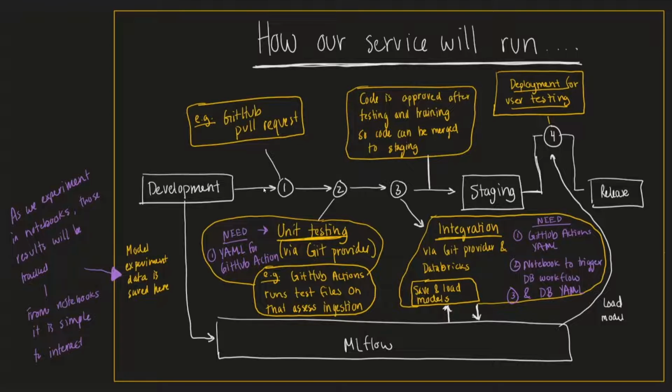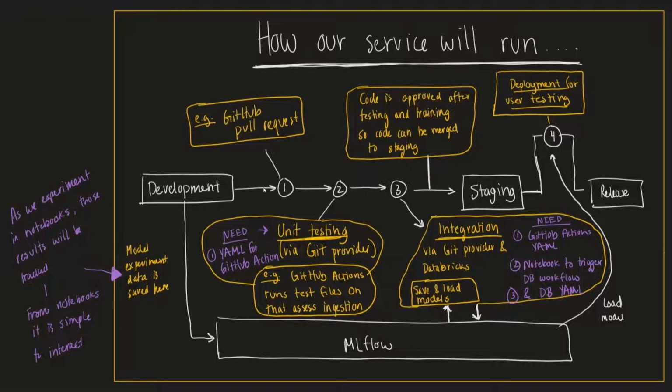So now we go into not just unit testing, but actually integration testing. And for that, we can similarly have that triggered from GitHub. I believe I can, or any Git provider, I believe. Same thing with Azure DevOps, or I think part of our group was working with AWS CodeCommit. So I think you can do the same thing on both of those. But anyway, what I'm trying to say is from the Git provider, after the unit testing, you can trigger integration